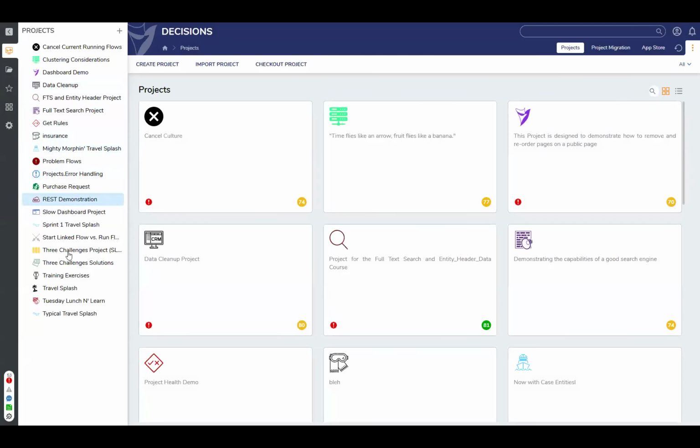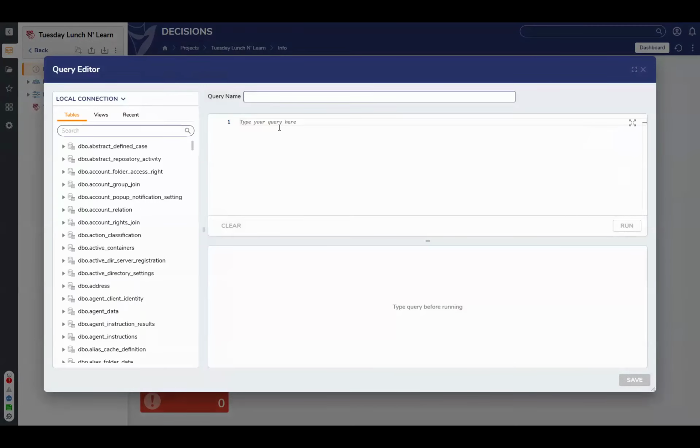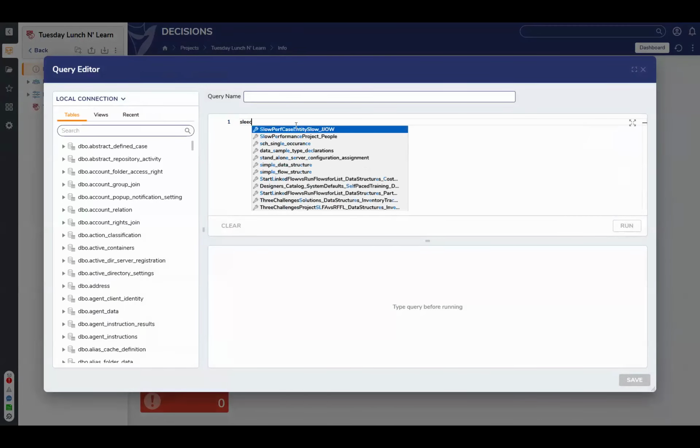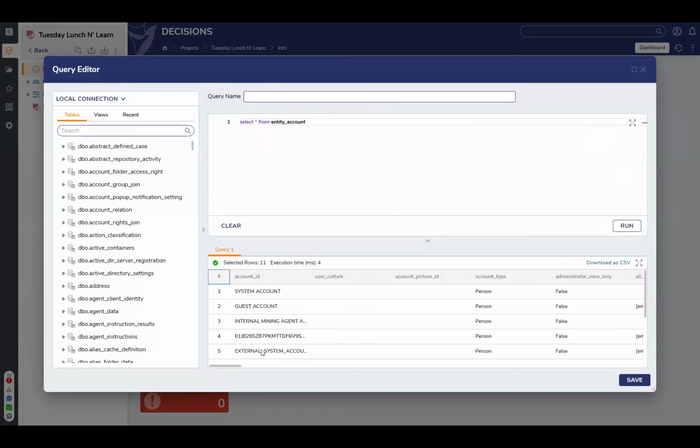And a quick way to check this, by the way, is to go into the query editor, if y'all don't mind following me there. And I'm going to do a simple select query from the account table. And then I'm not going to specify anything. I'm just going to run this.